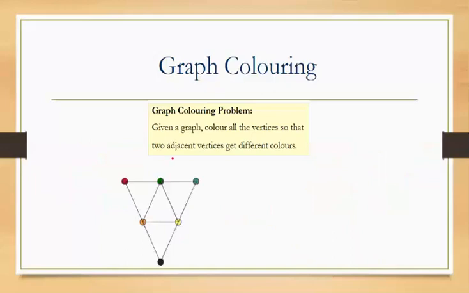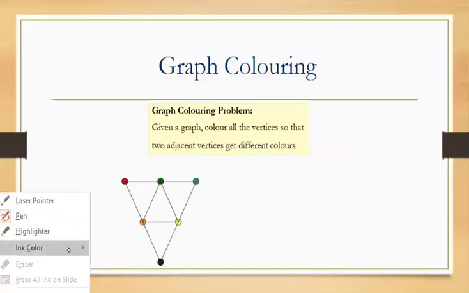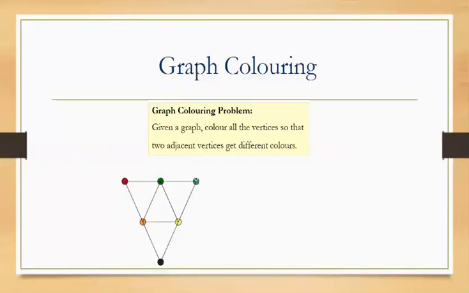In this graph, I have 6 vertices and I am using 6 different colors. The vertex, this green, is light green and dark green, so let's change it. I am changing it to purple. So this vertex is purple. So I can color this graph with 6 different colors also. But if I want to find the minimum number of colors, that is the chromatic number of this graph, we have to use the minimum number of colors.